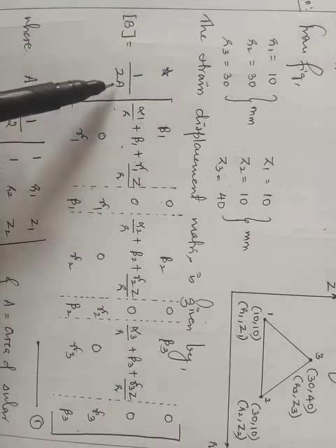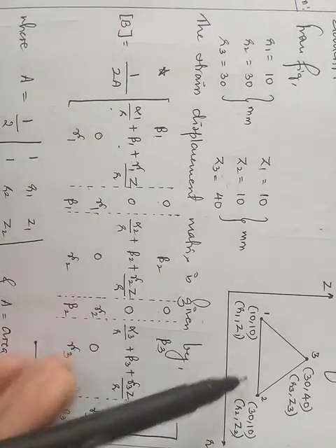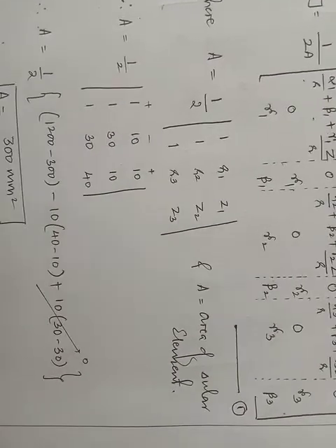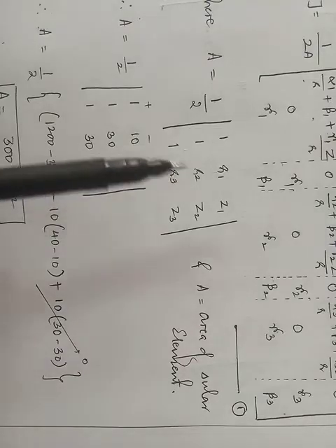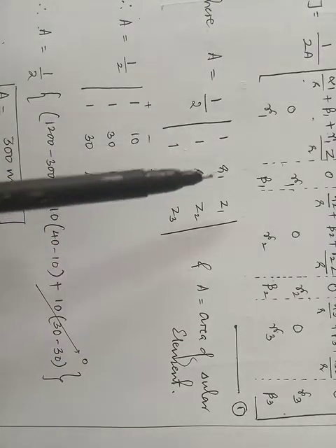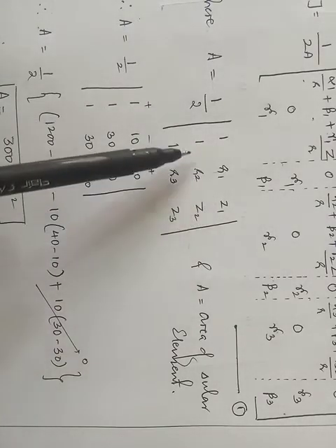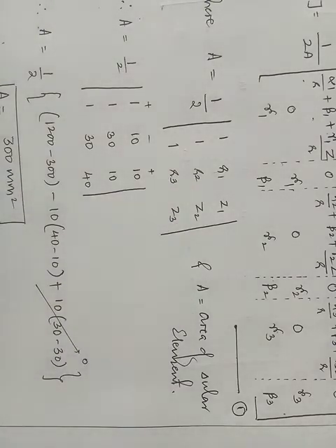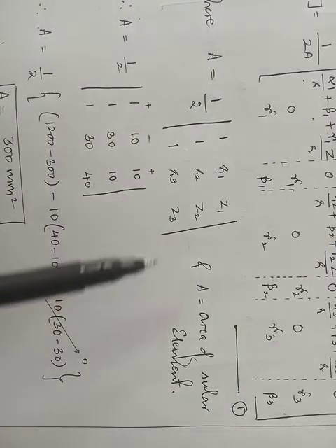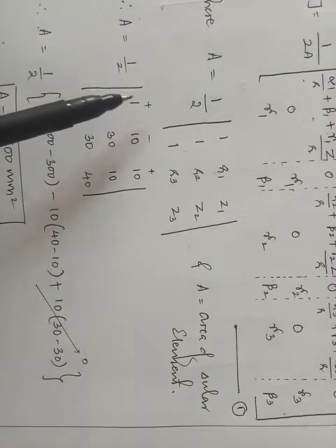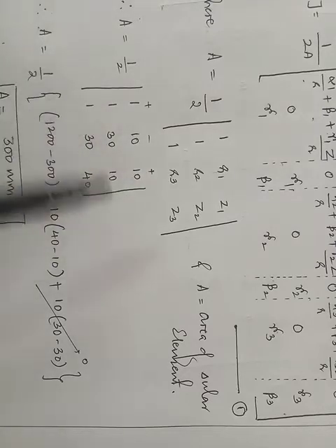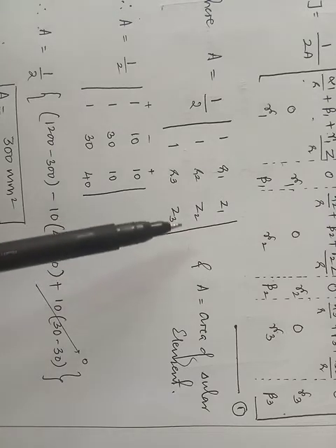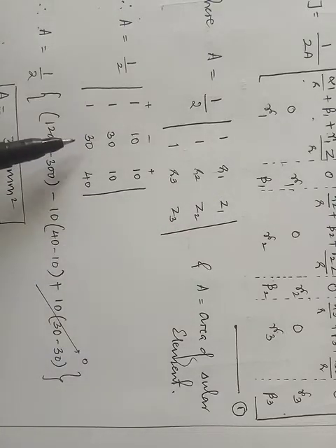Now this A is nothing but the area of this triangular element. So we need to calculate the area. A is equal to, how you calculate the area, it is nothing but 1 by 2 determinant of 1 r1 z1, 1 r2 z2, 1 r3 z3, where A is the area of the triangular element. So you know how to calculate the determinant. Okay, so I have taken these terms plus, minus and plus, 1 by 2. You know the values of r1, r2, r3 and z1, z2, z3. This is the first thing I have noted in today's class. The same values you need to substitute here.